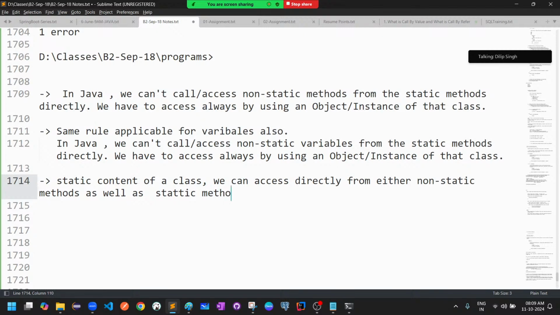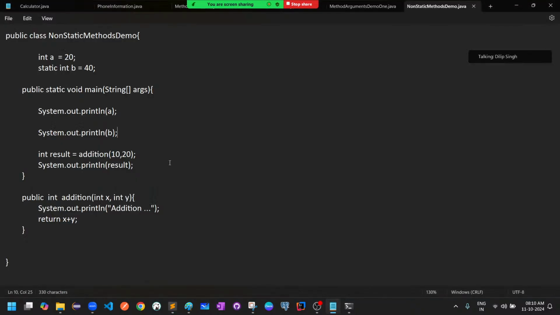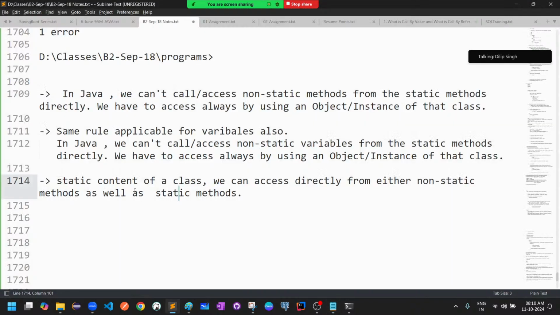So please, there is a small difference available in this overall concept. What is the latest point I'm trying to say here? If it is a static variable or static method, we can access it directly either from non-static methods as well as static methods. So that means based on my statement now,